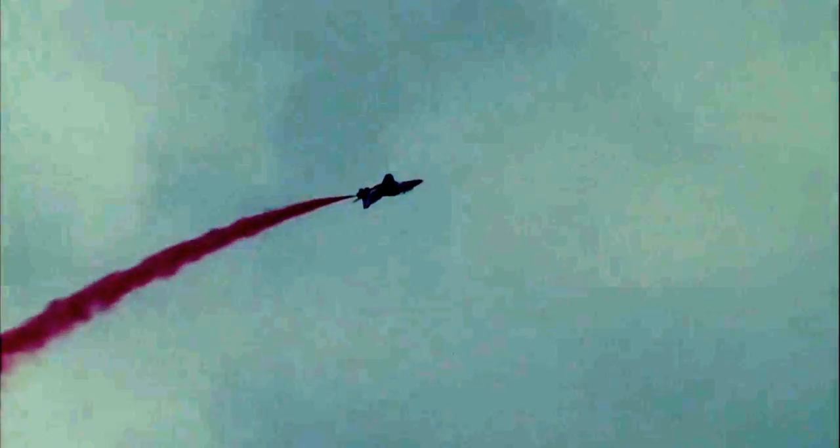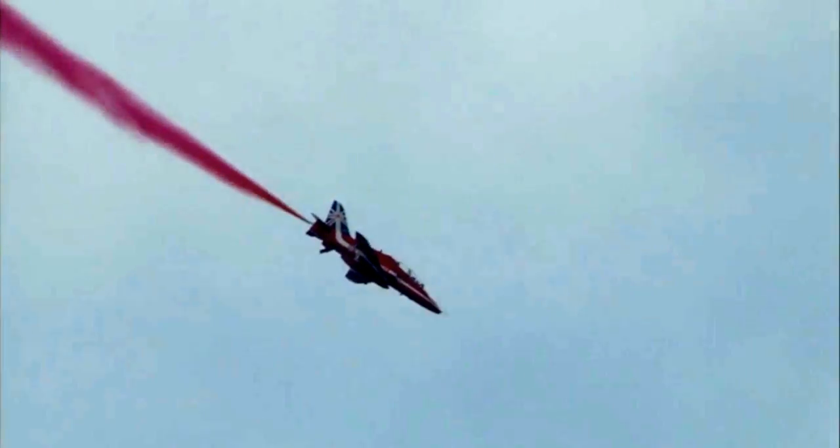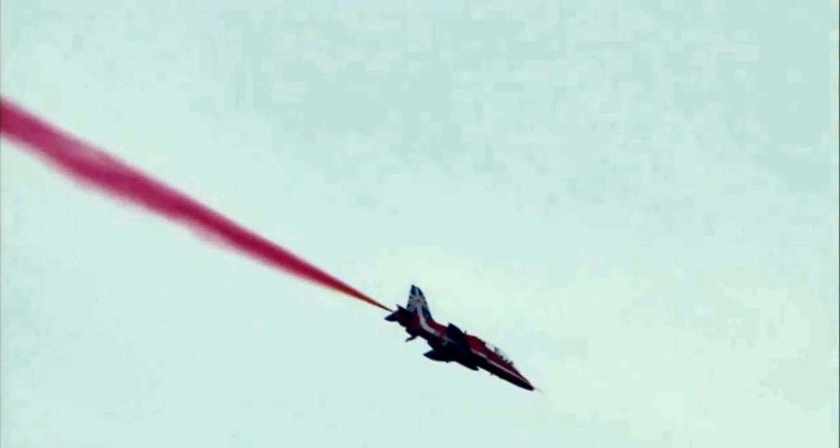They reach a height of just under 7,000 feet. The red smoke comes on as they get ready to draw a heart. Now keep your eyes to the top left of the heart. Here comes another jet to add a final touch. His smoke comes on. This is Red 8, Flight Lieutenant Martin Perk, Percy's 3rd year with the team, a former